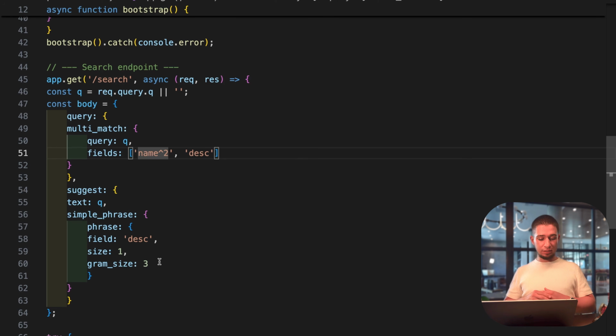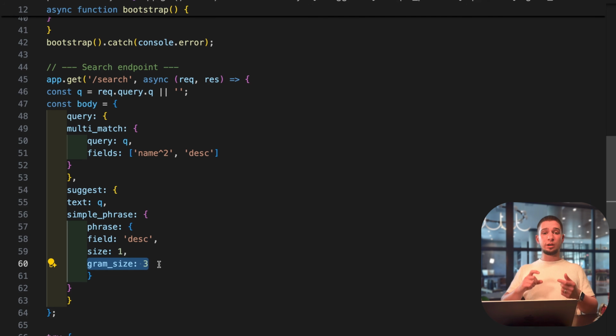And the next thing that is quite interesting is that simple phrase, like you have suggestions, so you are using our text in the query. We have a simple phrase, and the phrase will be in our description. So it can use size 1, that means that we take size 1 word, and we should write at least 3 words to have a suggestion for our request.